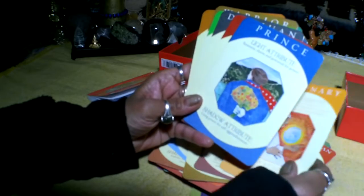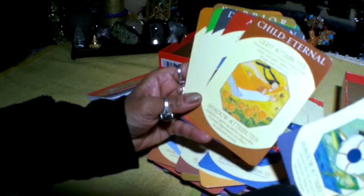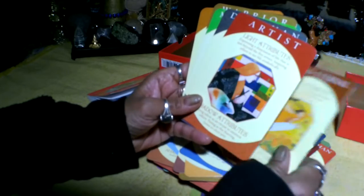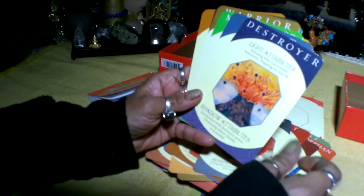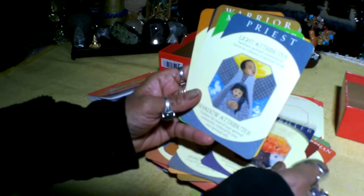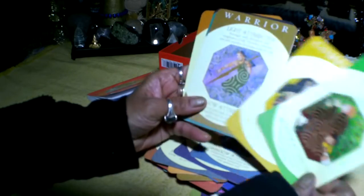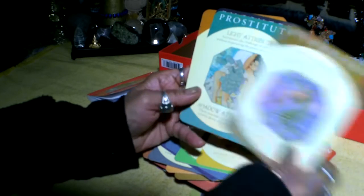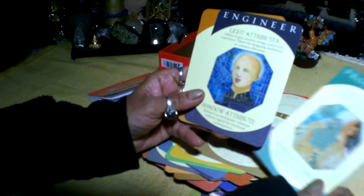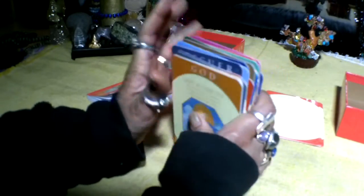visionary, prince, rescuer, the child eternal, the artist, the Don Juan, destroyer, priest, Midas or miser, companion, warrior, prostitute, engineer, or god. Now, at some phase or the other, we all go through these archetypal energies, and these are